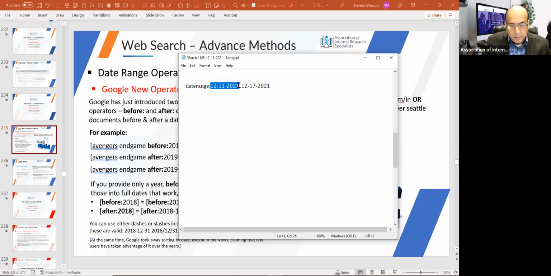But the problem with daterange was that you had to convert this date into a Julian calendar, which is just a bunch of numbers, and it's a hassle to do, flaky, and not as reliable. So what has happened now is that it got replaced by operators like